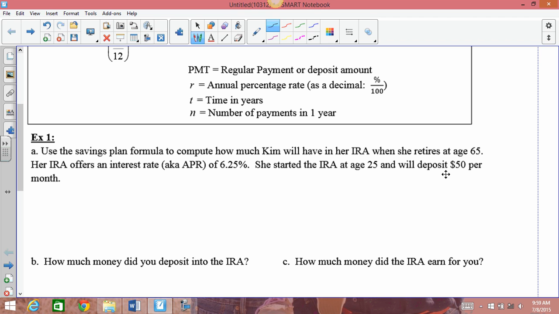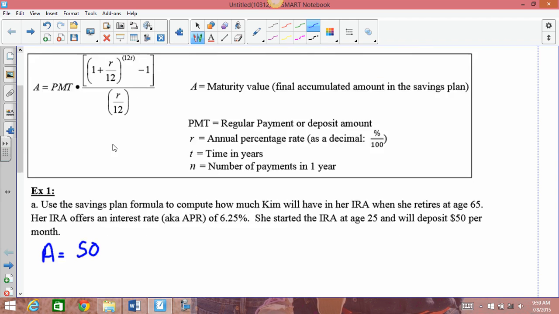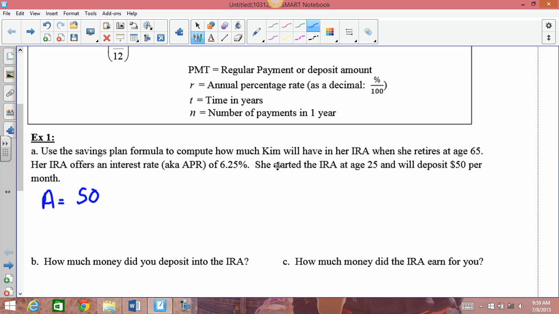All right, so go into my formula up there. It says that A equals, and you can see that I have the payment sort of sitting out to the side. You can put that up top. Okay, so 50. You can also see up here where it has a bracket and then a parenthesis. It's hard on the computer to get 2 large parentheses. So this would be my bracket, but what I'm trying to do here is to actually write for you what you would type into your calculator. So I would do 50, and then I would do a parenthesis, which is in place of that bracket,